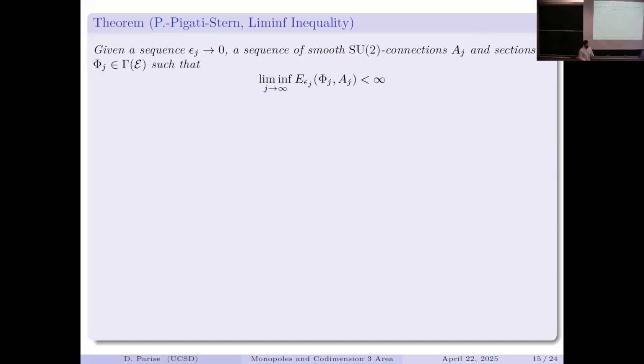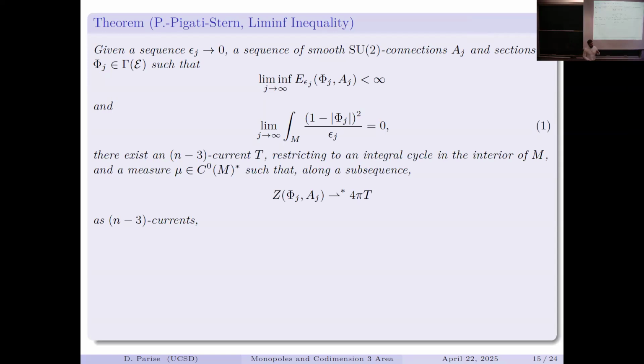If you consider sections epsilon going to 0 of smooth sections and connections, of course SU2 sections and connections, with uniformly bounded energy, and satisfying this technical hypothesis that for now you can forget altogether, then there exists a limiting n-3 current that restricts, in the boundary of M, to a cycle, so it doesn't have any boundary in the interior of M, such that along subsequences you have the following convergence. So the n-3 currents that I've defined before converge subsequently to the following current times 4